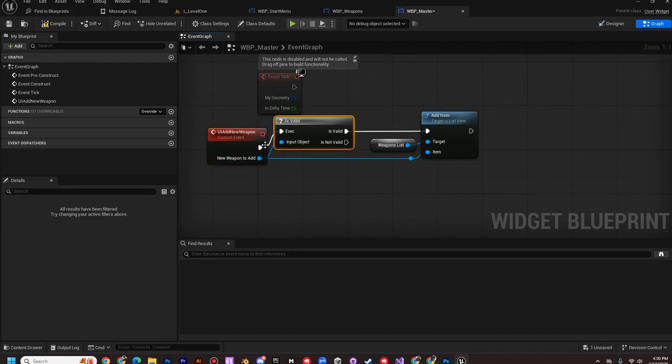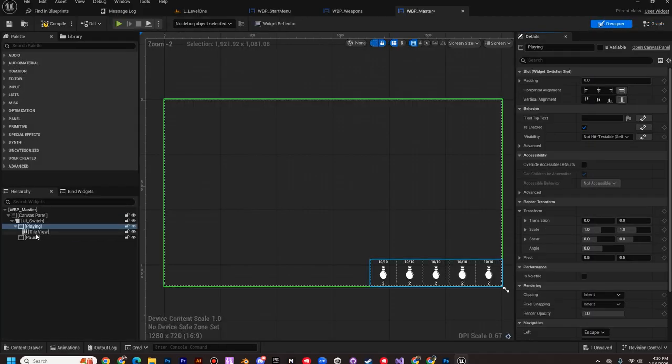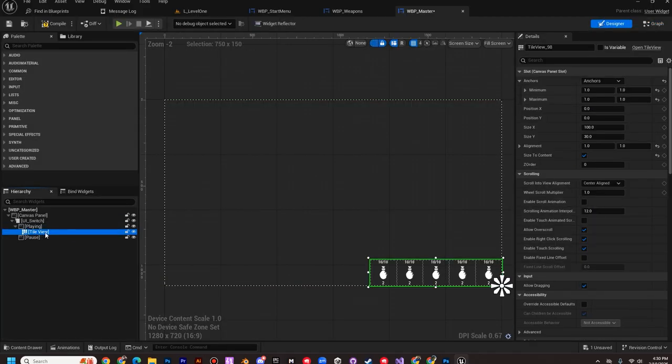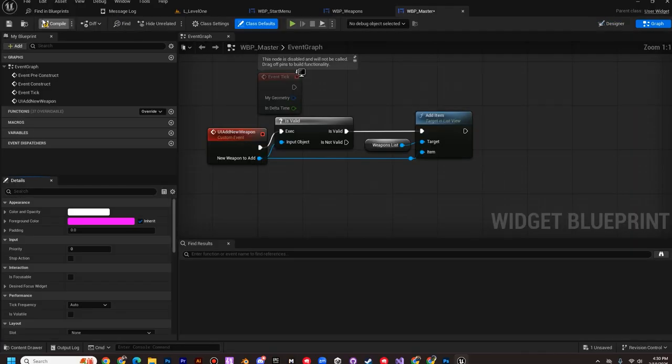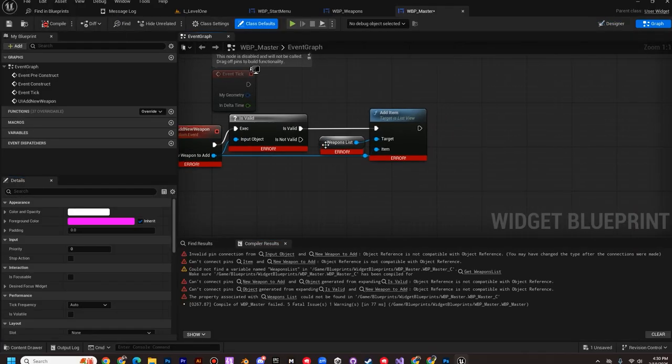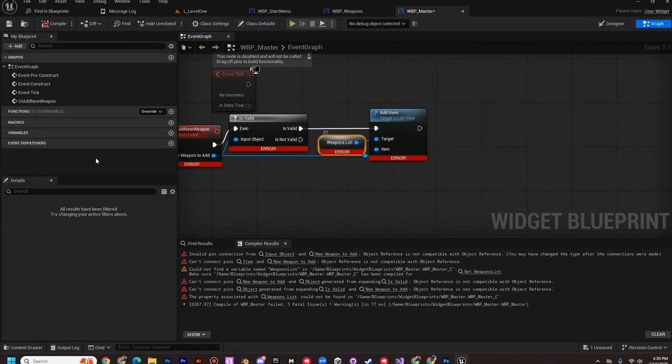For widget blueprints, create an is valid node. It's checking if a new weapon to add exists. And then it adds the weapons list variable, which in our case is this tile view widget. Right? Didn't we name this weapons list? Yeah, weapons list. So I'm going to have to replace that with this most likely. So in fact, let me compile to, yes, okay. So this should be